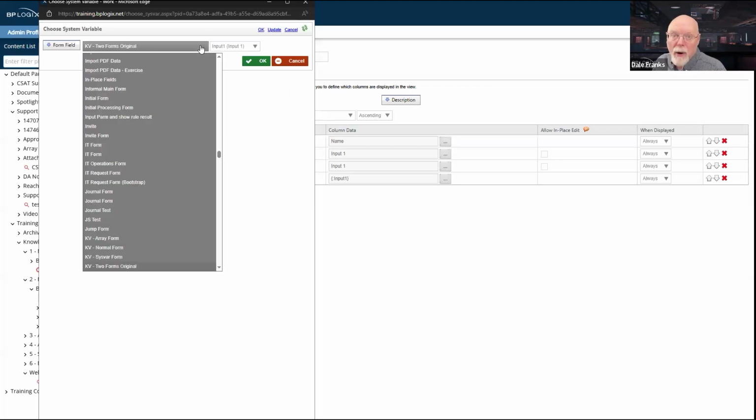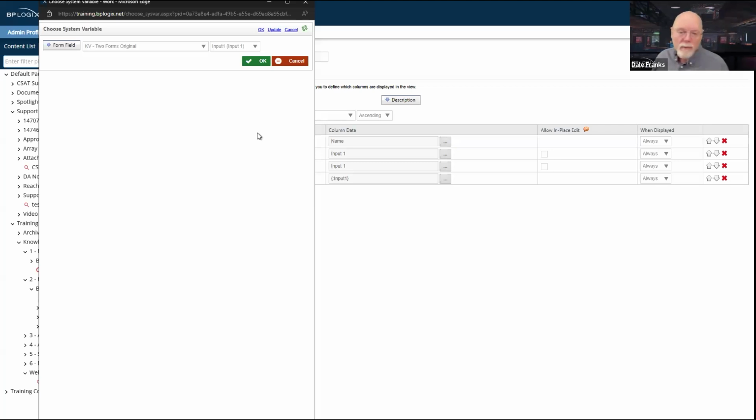So now I have to pick both the form and the form field to select the form. Previously, whenever we associated the process timeline with the form instance, all we had to do was pick the form field because we already knew what form instance we were looking at. Now we don't. So I've got to be able to pull the two forms associated with the knowledge view and the field that I want, even though they're both named input 1 on both forms, because I'm looking at two forms. They are completely different fields. So it makes my configuration here a little bit harder.